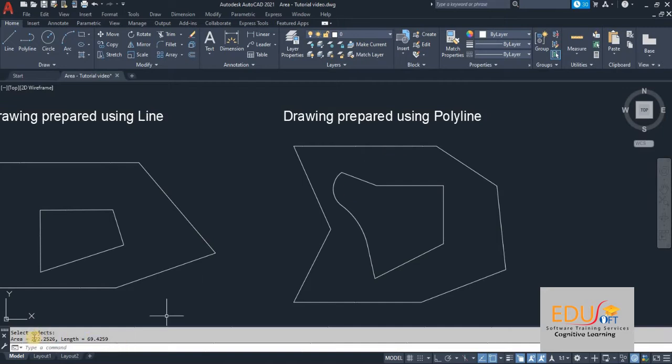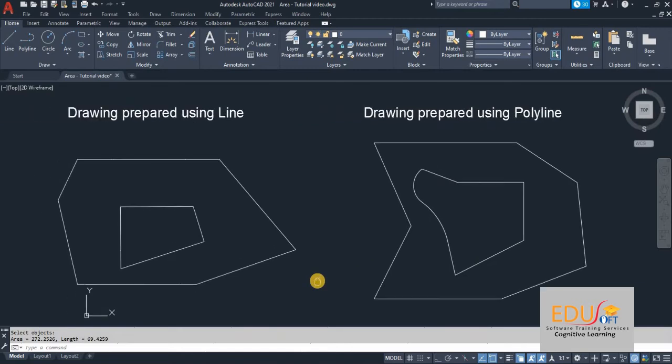Here you can see the area and perimeter of the object we have selected in the command window. This is because objects drawn using polyline will act as a single object, while the objects we have drawn using the line tool will act as different objects.